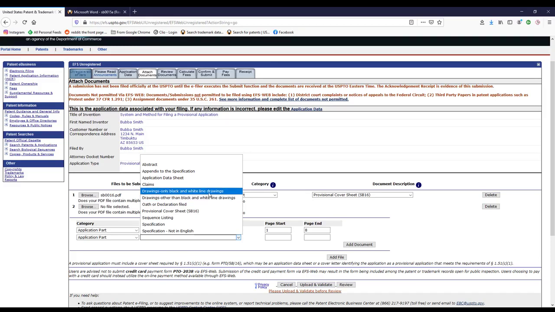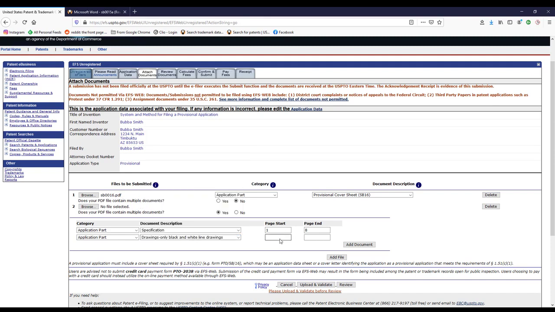You just want to be accurate here. They're not going to throw it out or anything. Just say what kind of line drawing it is. We're going to say only black and white. Starts at page 9, goes through page 12. That's going to be our 4. And then